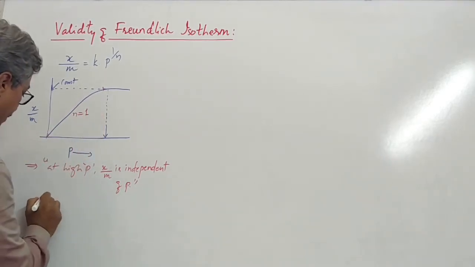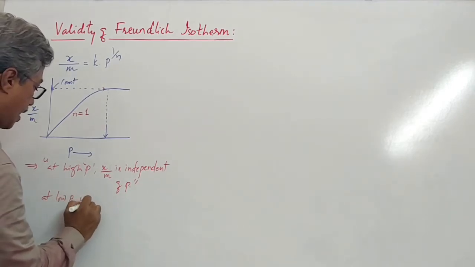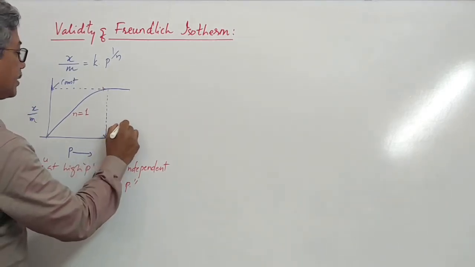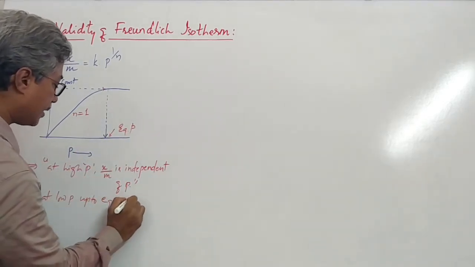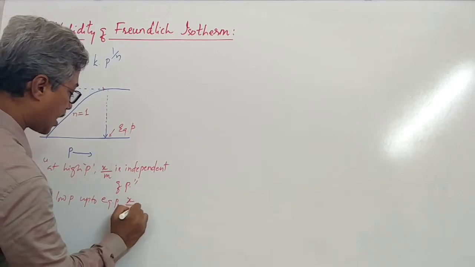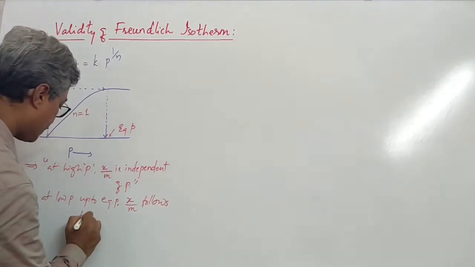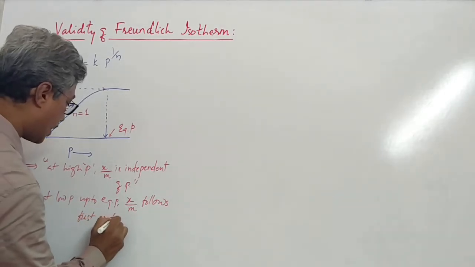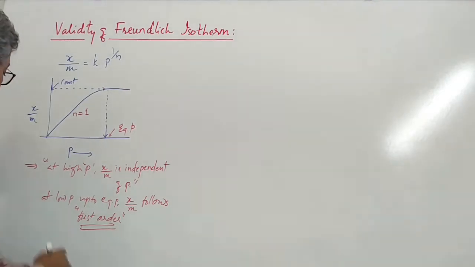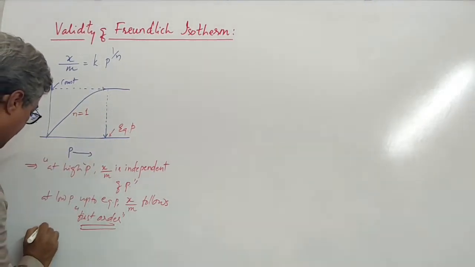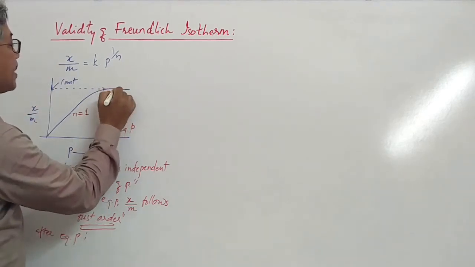That means at low pressure, up to what we call the equilibrium pressure, the extent of adsorption follows a first order reaction. This is very much important. First order reaction. Then after equilibrium pressure, see here,